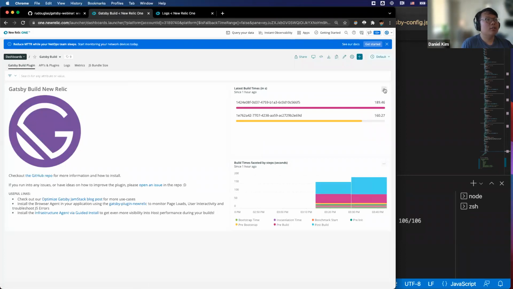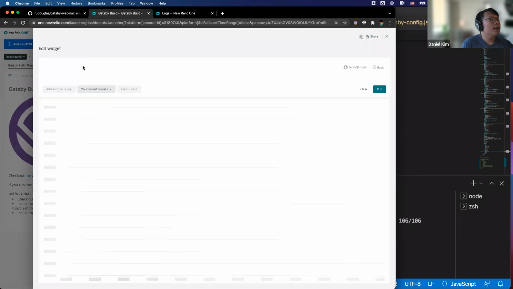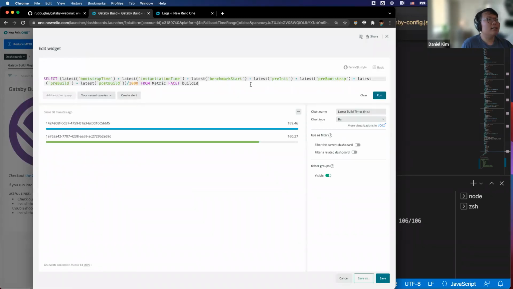So it's really easy to create your own visualization. If you want to edit this or add more data, all you have to do is edit the query. This is very similar to a SQL query. Literally, what I'm doing here is adding together the various metrics sent by our plugin to make this whole visualization.